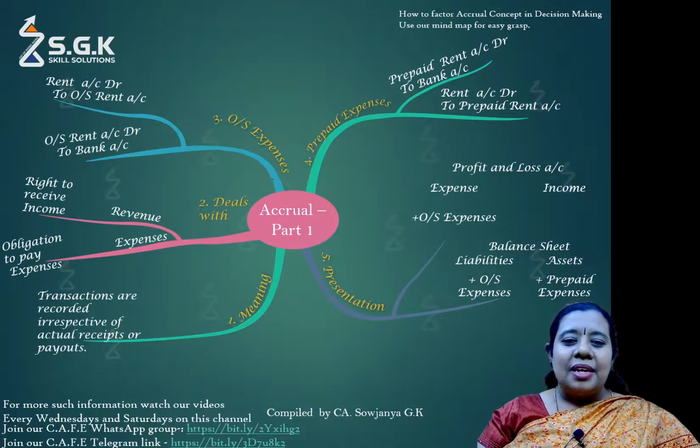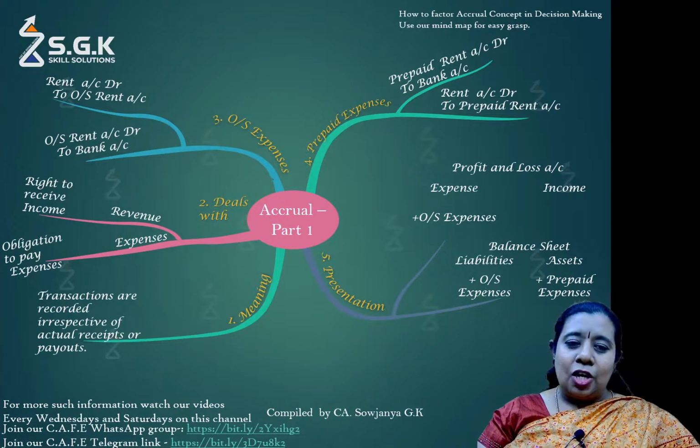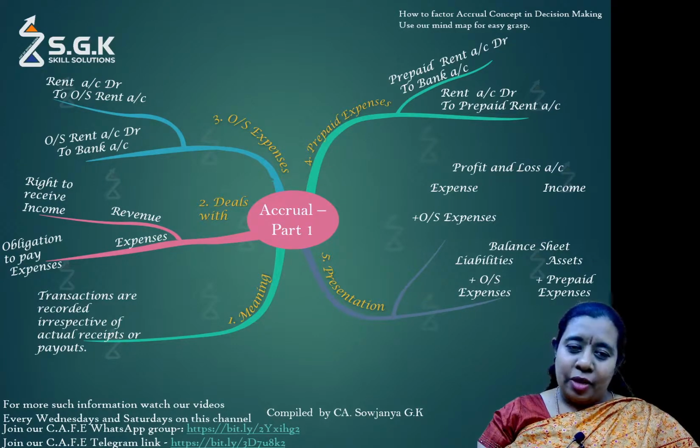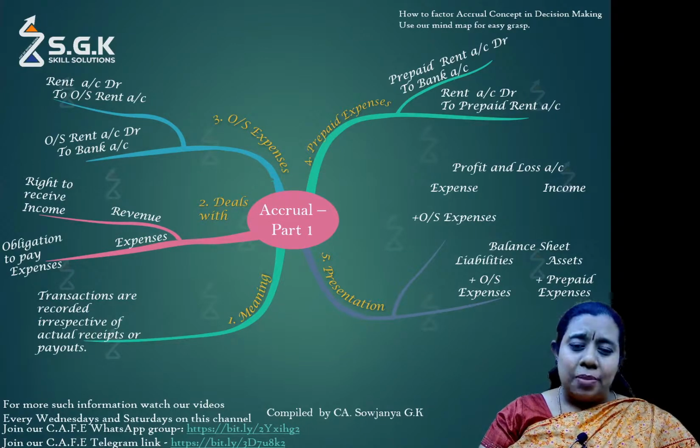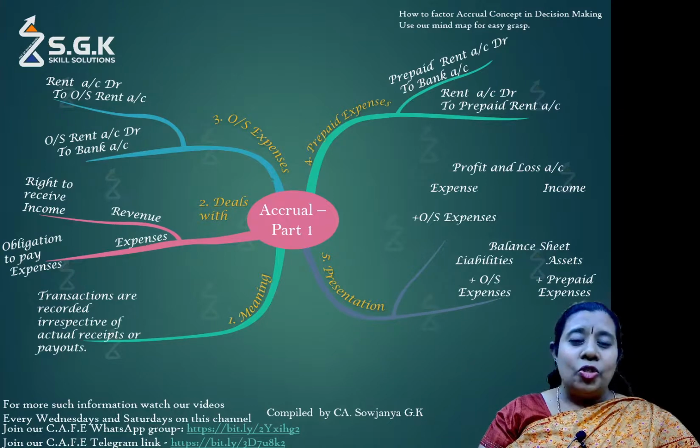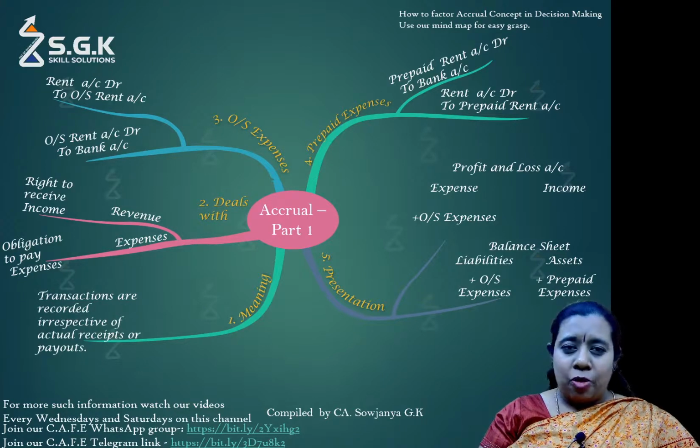To summarize, we have understood the concept of accrual. Let's look at the practical side of it. The practical side of the accrual expenses talks about outstanding expenses and prepaid expenses. Outstanding expenses, we have taken an example of rent account. Rent as an expenditure is something which is based on time. So if the profit and loss account, which is a statement drawn for a particular time range, for the year ended, is drawn for a duration of 12 months, then the rental expenditure for 12 months should be shown in the profit and loss account.